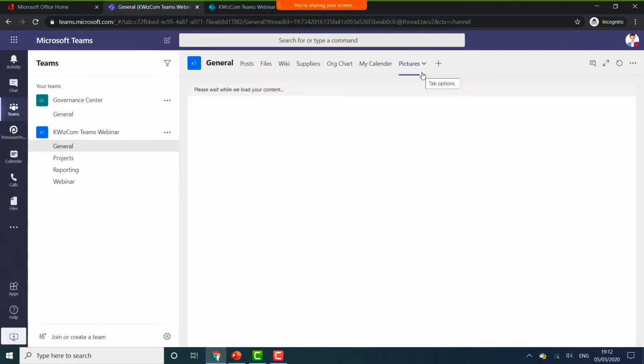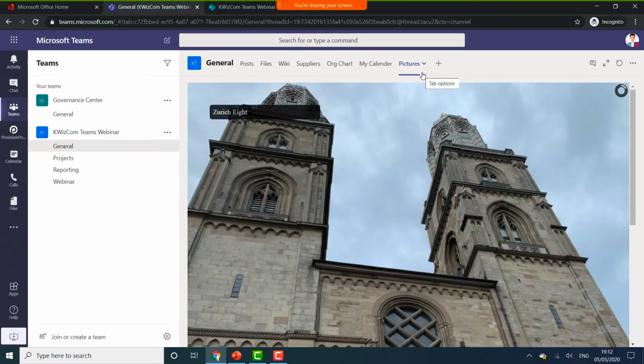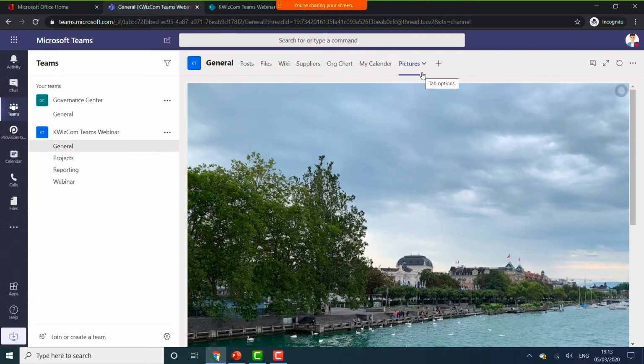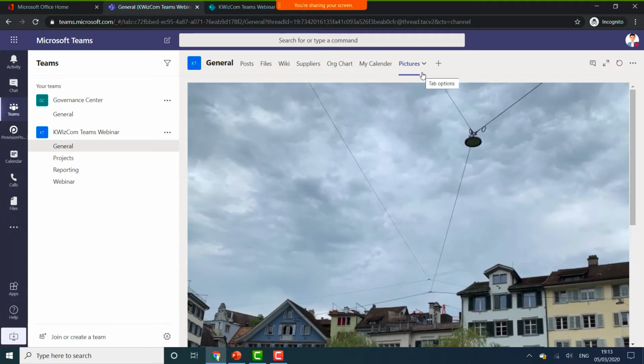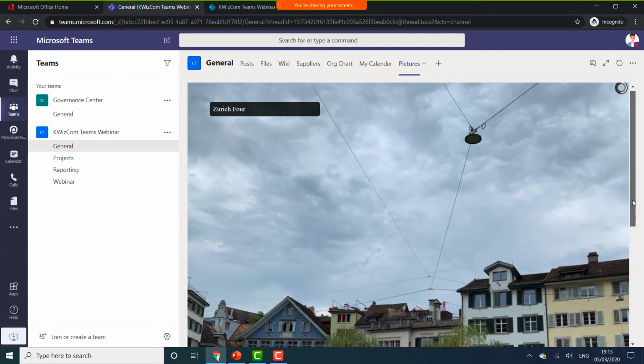Now, we used to be able to do a fair amount with pictures inside of SharePoint when we were in the SharePoint 2003, SharePoint 2007, I believe even 2010 days. But over time, Microsoft has phased that out, and there's not a great way to present and manage pictures. We can store them still, but the way they're presented is just a list in a document library, not very friendly. And if we want to look and visualize pictures inside of Teams, then the QuizCom app's a great